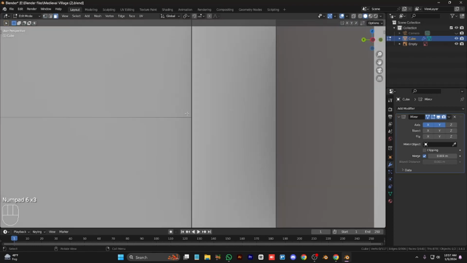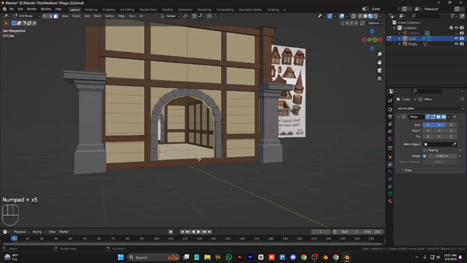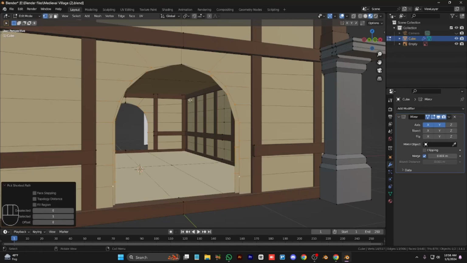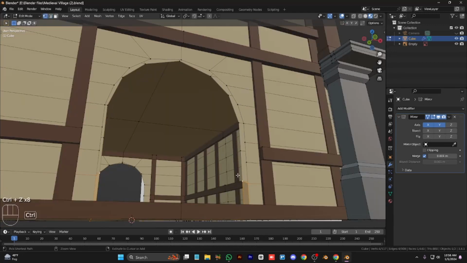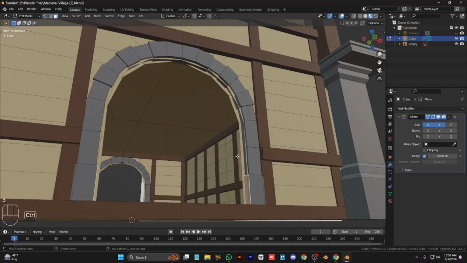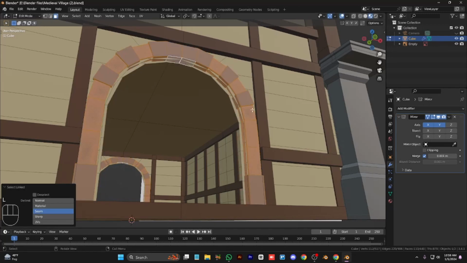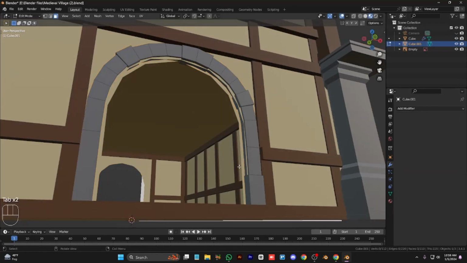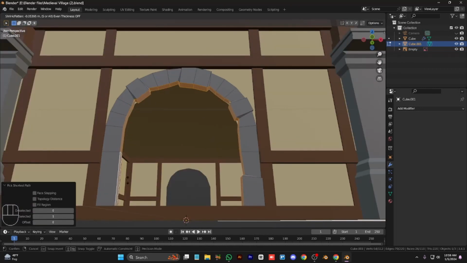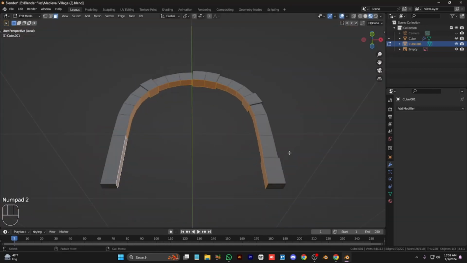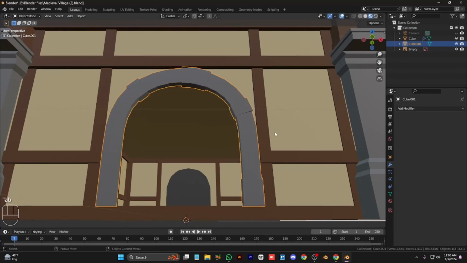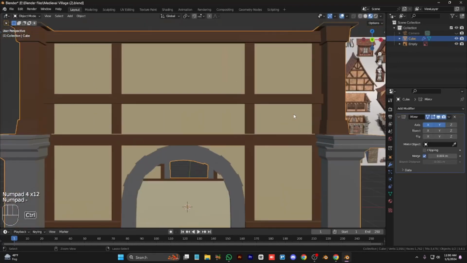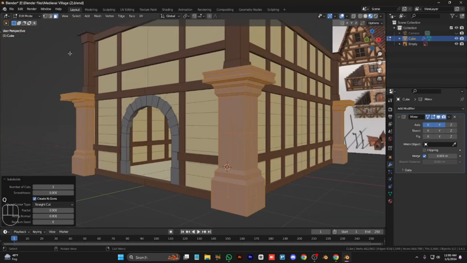Okay, this looks much better. Delete these faces and make the stone doorway more stony and thick. We can bridge it, but this doesn't look good, so I scaled the stone a little bit like that. I selected some faces and scaled it down so it gets the basic shape and it makes a door on